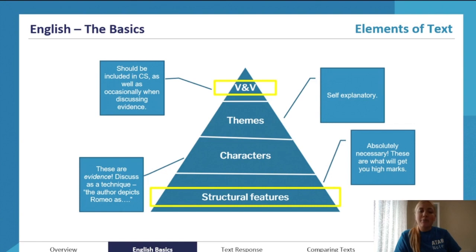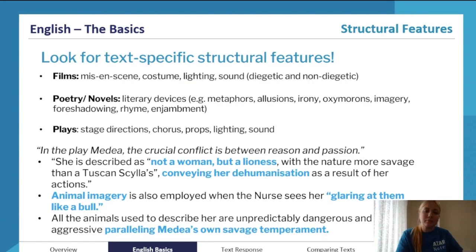If we're talking about the comparative here, a really good place to stick a views and values discussion, in addition to the one you're going to do in the closing sentences, is right after your discussion of the first text for the paragraph, if you're following the block structure, before you link to the second text with a similarity or difference. Just have a short views and values analysis of your first text that you discussed.